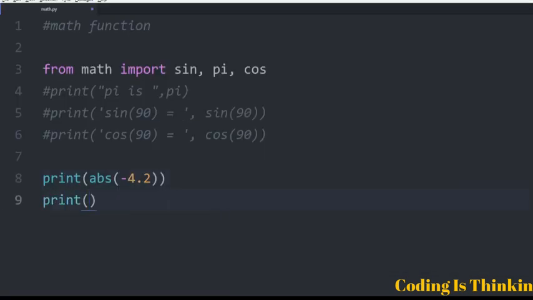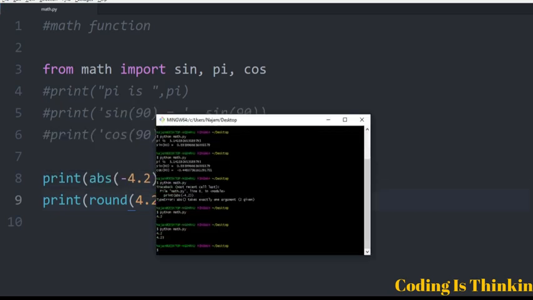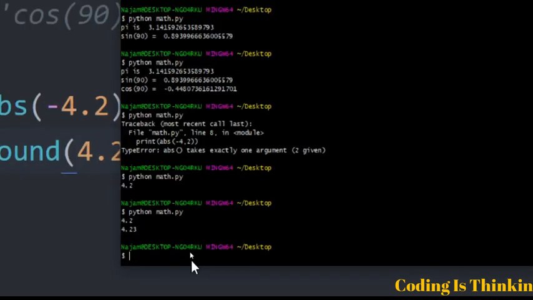Let's use another one as well, round. Use the same program, round 3.234 and 2. Let's run this program. See,